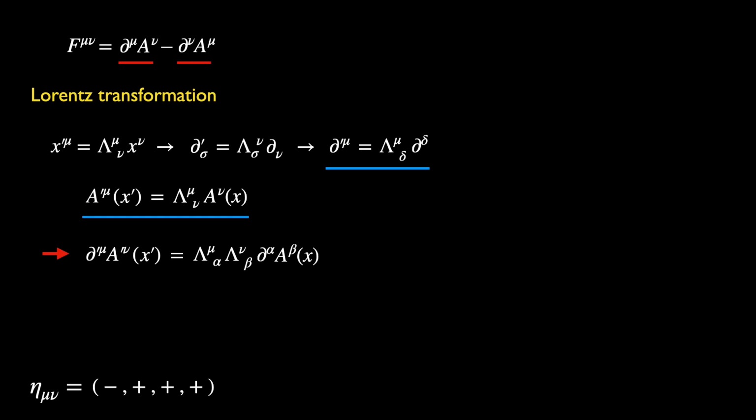For the second term, just switch the indices mu and nu. Then switch the dummy indices alpha and beta. Now the lambdas could be factored out. Taking the difference of these two, we have